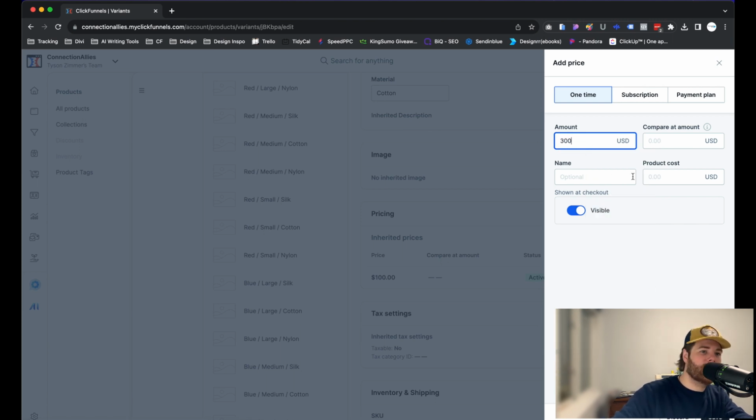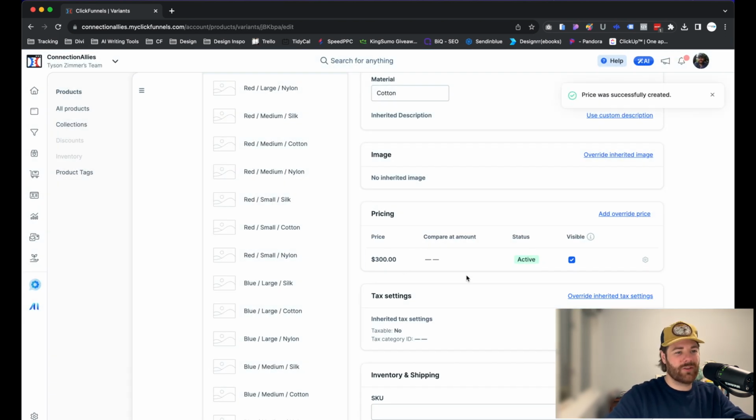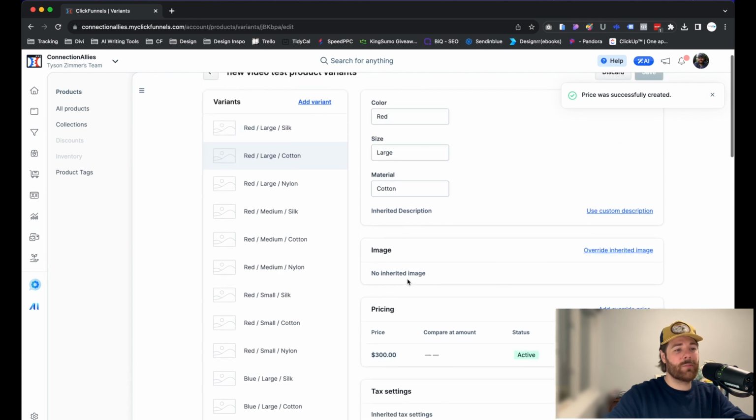Make sure it's visible, and you can do one-time subscription or payment plan, totally up to you. But in this case, we're gonna leave it as one time. Click on save. There we go. That's the new price, but that's only that price for this specific variant, right? So the red large cotton shirt is the only thing that's going to be charged or that's going to cost